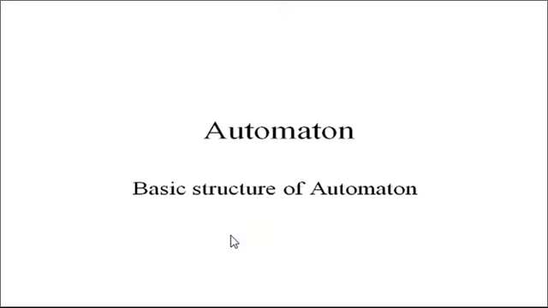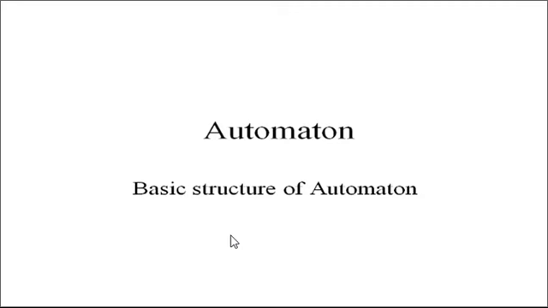Okay. So here for each input there will be outputs. Suppose input is I0, I1, In. Similarly output will be Q0, Q1 and up to Qn. For each input and output there will be intermediate states Q0, Q1, Q2, Q4, Q5 and up to Qn. So this is the basic structure of automata we have discussed. There are few terms which we have to remember for designing the automata machines.